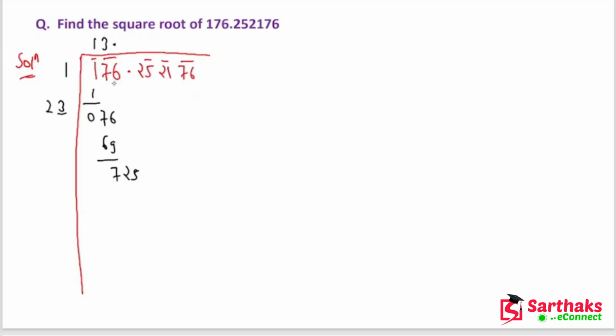Now 169's square root is 13 and 196's square root is 14. So obviously the square root of 176 is approximated somewhere between 13 and 14. So you cannot make a mistake over here. It is very easy to check your answer. Now 3 doubled would be 6. So 2 would be as it is and we will have a blank space. So obviously 262 into 2 would be 524. Subtracting them we will get